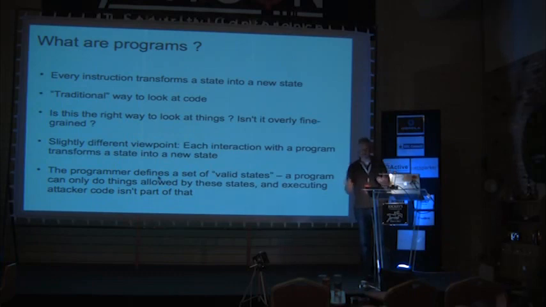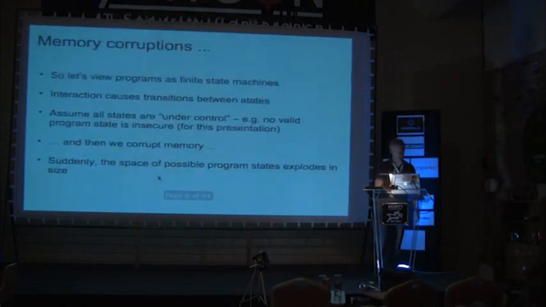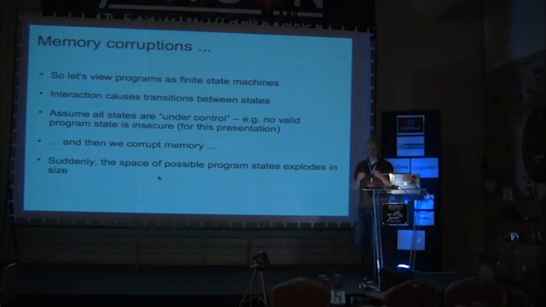A nice concrete example to think about this is an SMTP server, because you don't actually, as an attacker, care so much about the individual instructions in the SMTP server. You care very much about the different states the SMTP server state machine can be in. Am I authenticated? And so forth. So, right. Now, the proper way to look at programs is really to see them as finite state machines, and every interaction with the program causes a transition from one state to another. And initially, at least if the programmer designed his application properly, all the states that are available to you are sane, meaning the states themselves do not violate security properties.